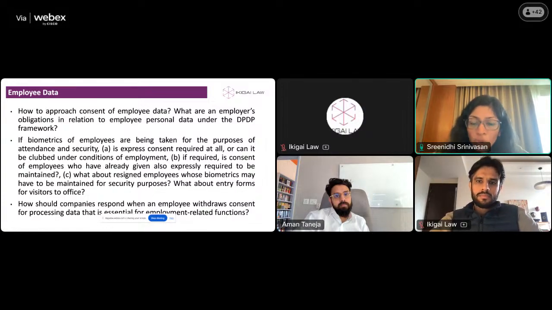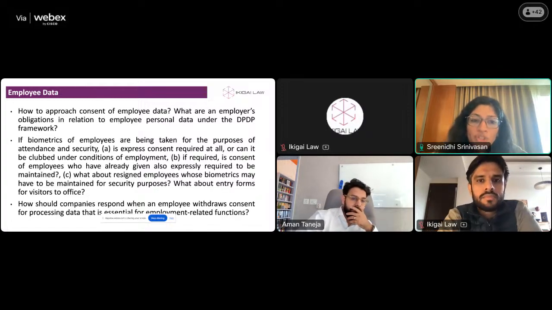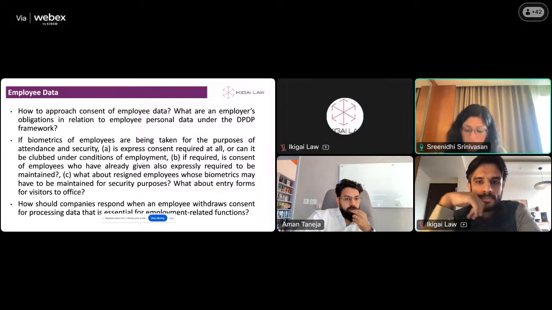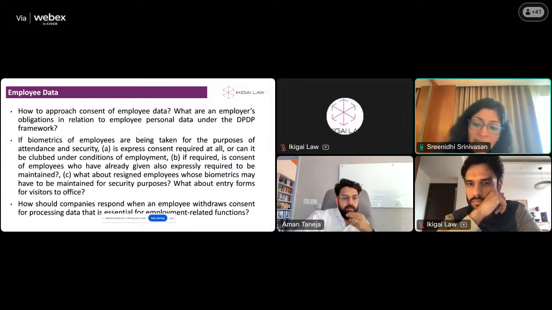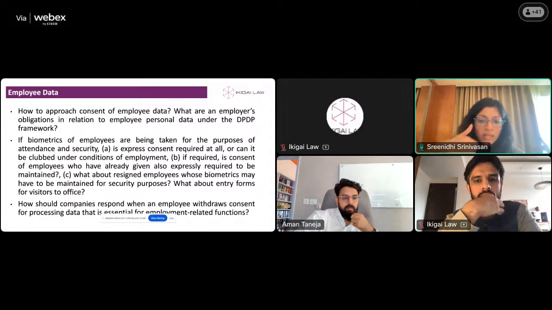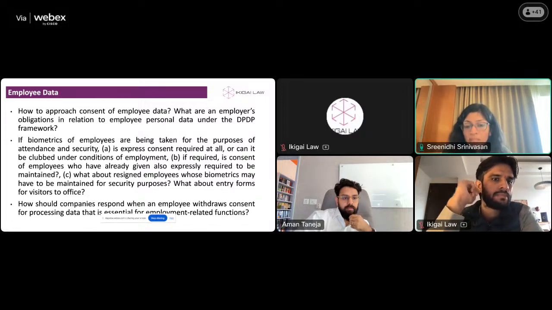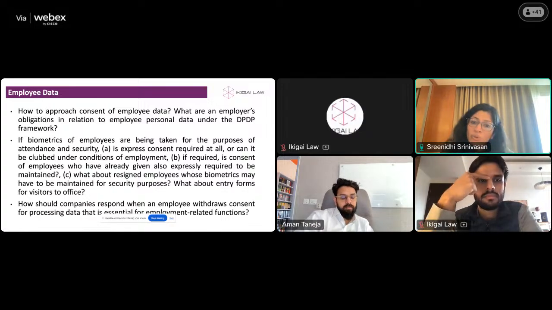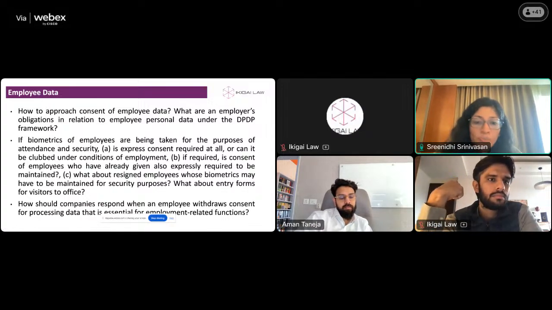Then you identify what all can be justified under that employment purpose legitimate use, which covers all of the things you listed: safeguarding the employer, protection of IP, trade secrets. I think routine processing activities like payroll and compliance, and some security measures as well, even some level of employee monitoring, attendance, a lot of this is in that umbrella bucket of classic employment purposes. But I don't read that as a carte blanche to process any and all employee data.